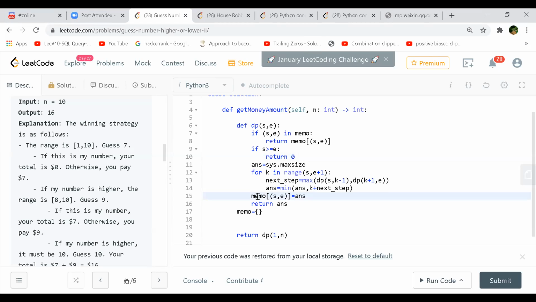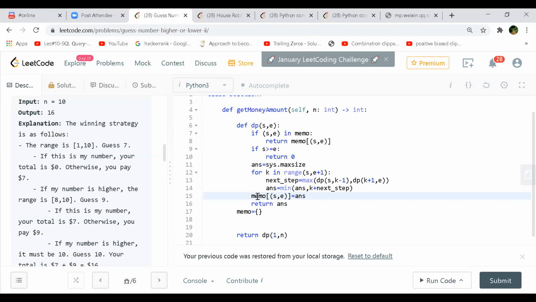So here the only thing is, you are breaking down the problem statement into two, correct? We are going on the index which we call k, in the range from s to e plus 1.